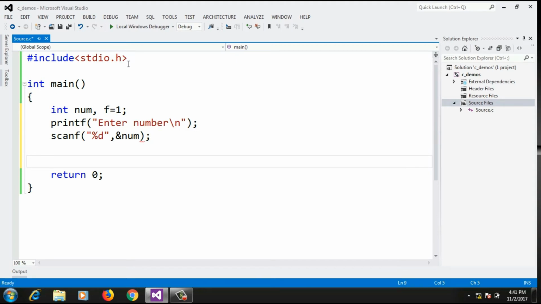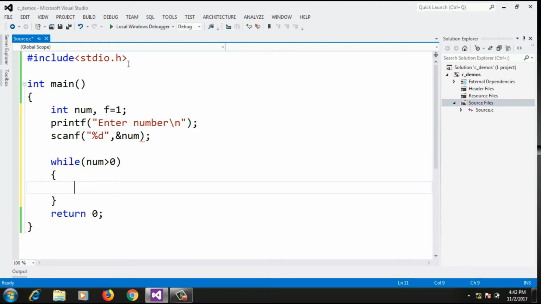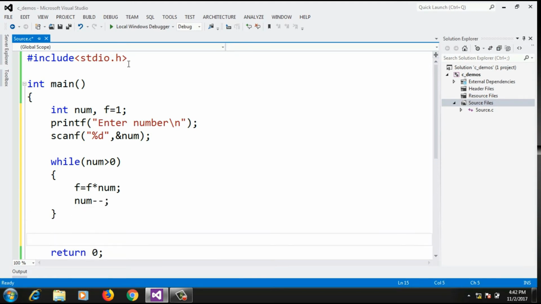After that, I will write the while loop. The while condition will be num greater than 0, and in the while loop I will write f equals f into num. Num minus minus will be there after that.